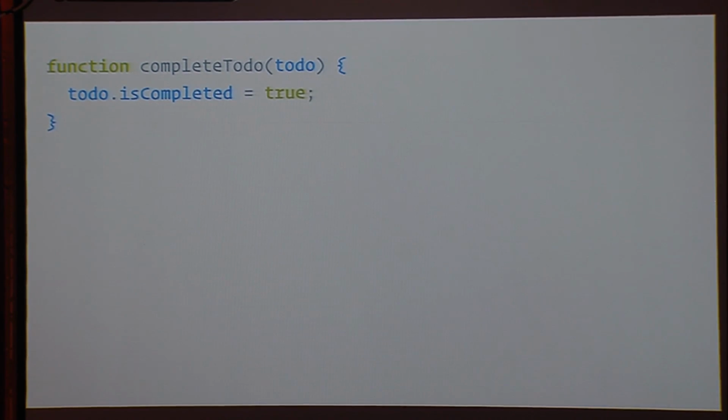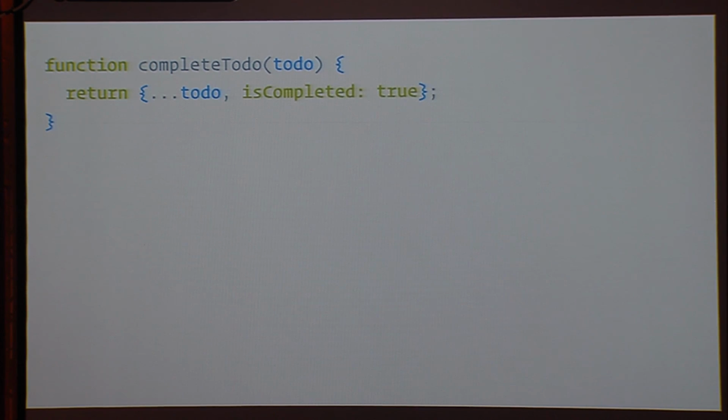Now, what you can do is you can say, okay, I'm going to tell you that every time I give you some items, I will never mutate them, so you can trust by reference that everything works. So you can't do this anymore in this way. So if you say completed to-do, if you said to-do that is completed is equal to true, you're screwed, right? What you could do is you could return a new to-do, and you can say is completed is equal to true, and then you'd use the spread operator essentially to merge the old to-do with this new object, right? But the problem here